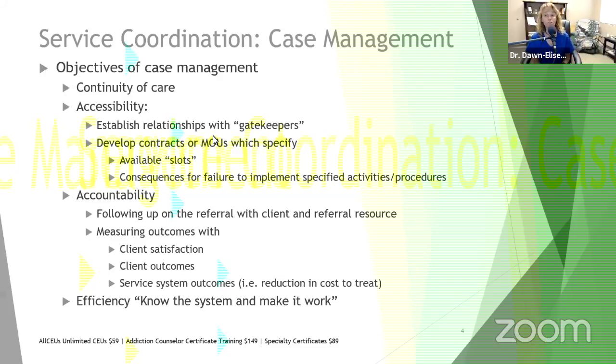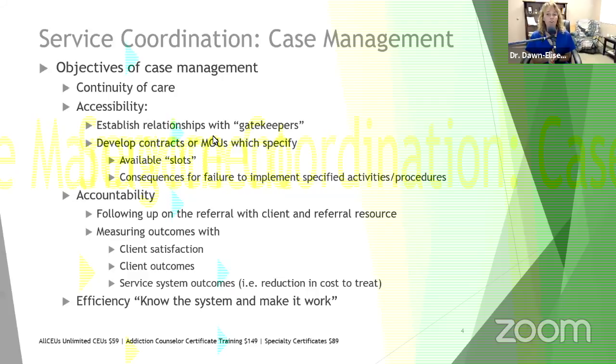We follow up with referrals, both with the client and with the referral source. If I refer John over to primary care or pain management, I'm going to follow up with John when he comes back to see me or when I go to see him to see how it went. But I'm also going to follow up with the referral source to say, did John show up? Did John show up on time? Was this an appropriate referral? Was this useful? Yada, yada. Because I don't want to send them inappropriate referrals. So I want to make sure that both the referral source and the client are happy.